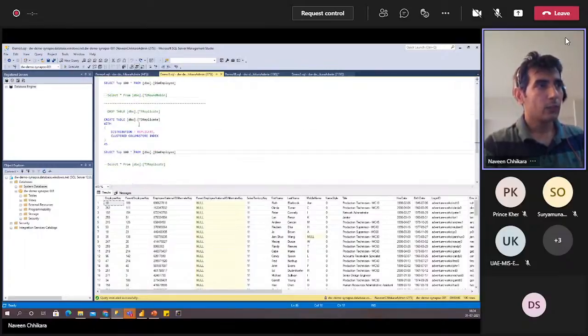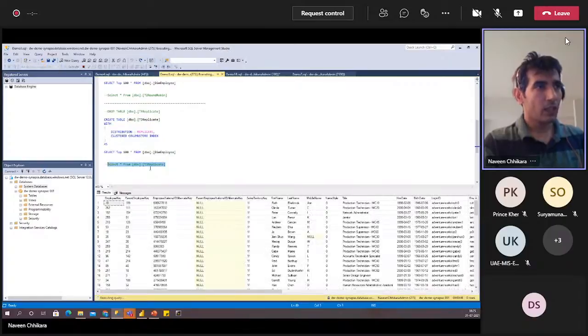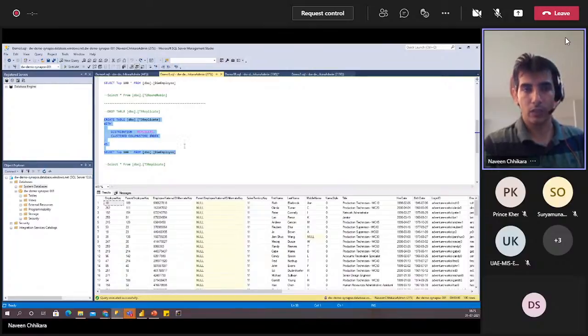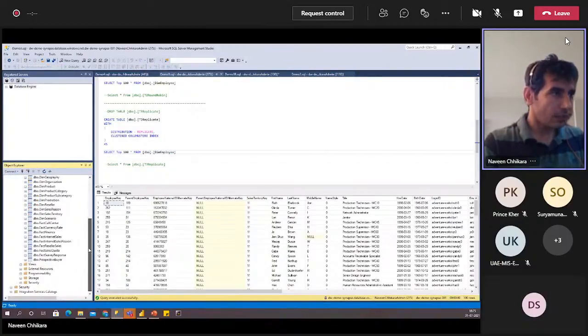Another good candidate for a replicated table is your calendar dimension maybe. So if I create this table, in this case what is happening is the same table is being replicated across 3 different nodes, or basically based on your compute, if you are using 5 data warehouse units, it will be the 5 nodes that it will be copied to. And if you see the tables in Azure Synapse now,